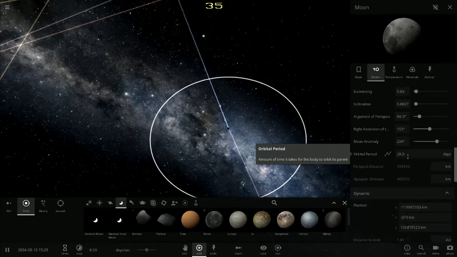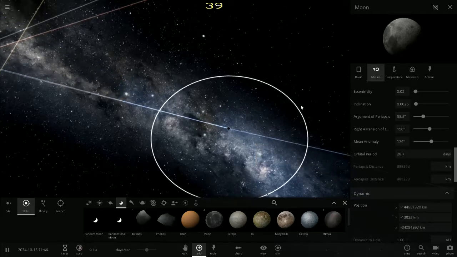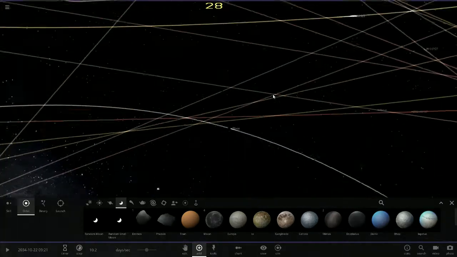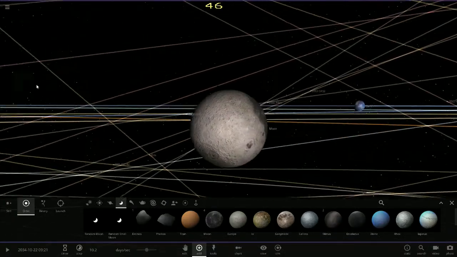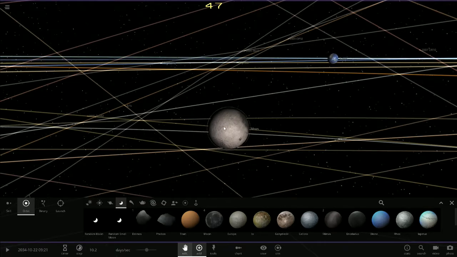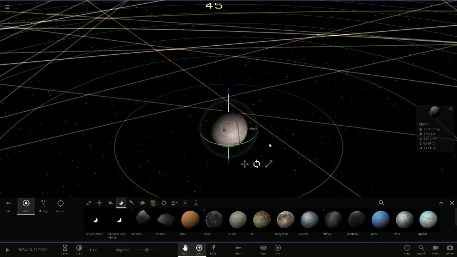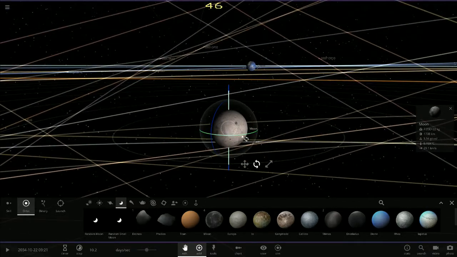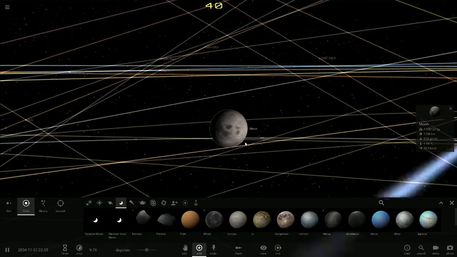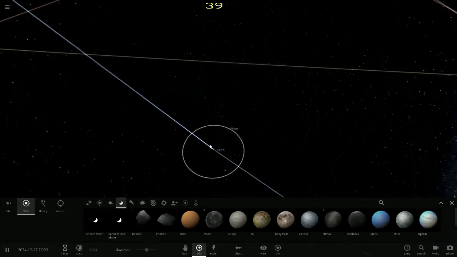That's quite something. I just want to make sure that the right side of the moon is facing... There you go. Make sure you say that. Yep, there you go. So, back to